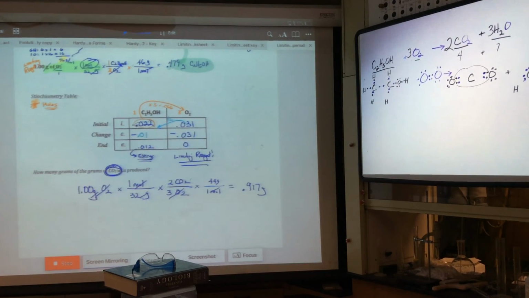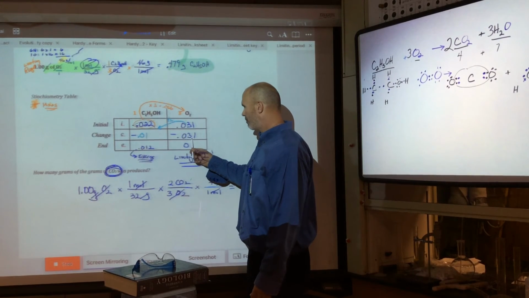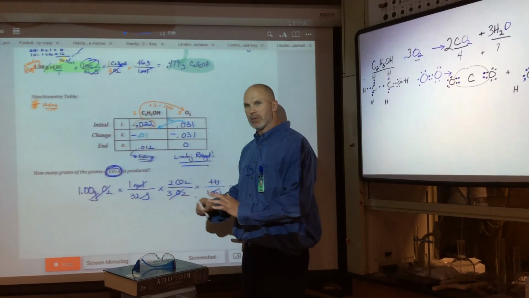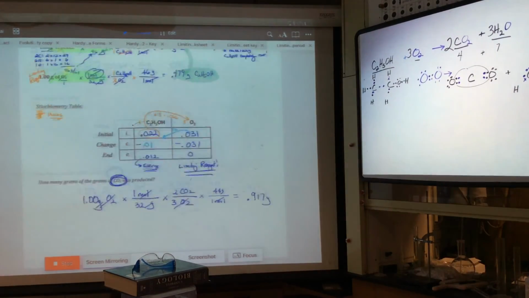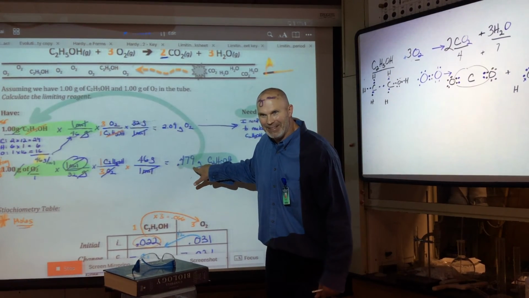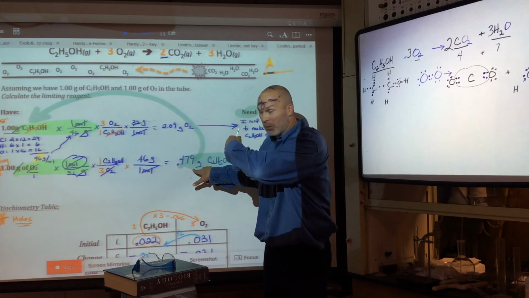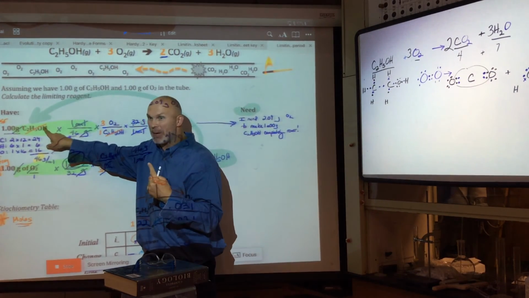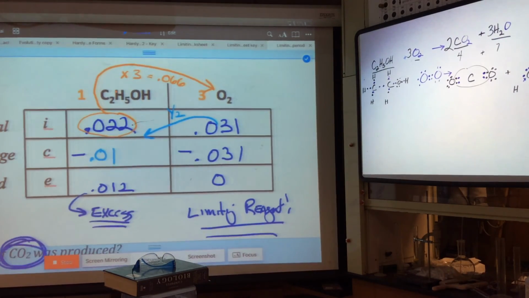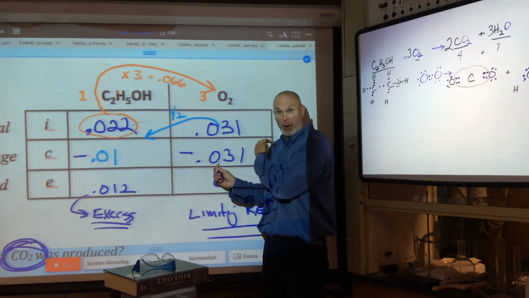Now, could I do another way? Couldn't I take 0.03? Now, another way is, couldn't I start this another way? Couldn't I take exactly how much this actually reacted and convert that to CO2? That would work too. I can't use this. That would overestimate my answer. Or, how about if I use my chart? You could just use them. Yeah, I could either use the 0.03 moles of O2 and do a Stoich problem to grams of CO2, or